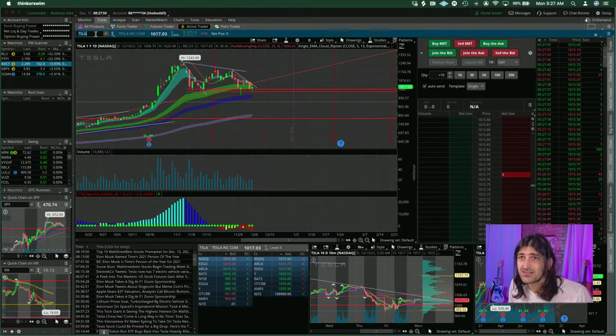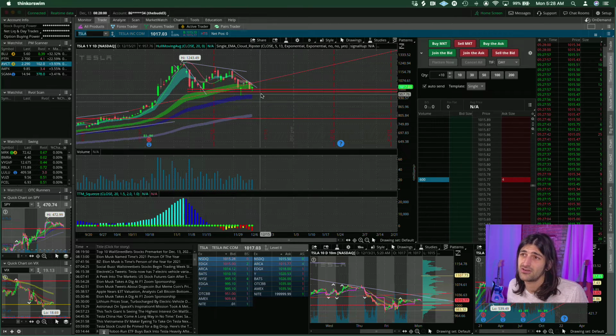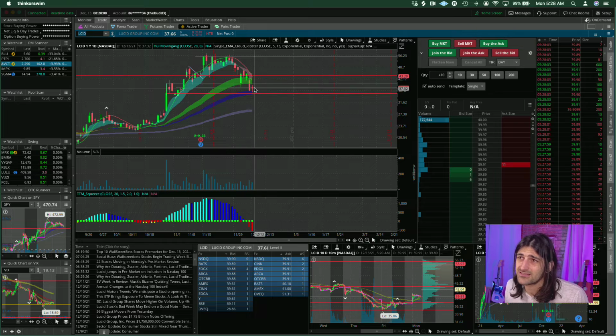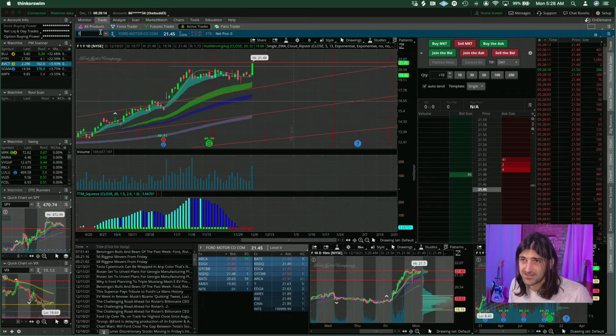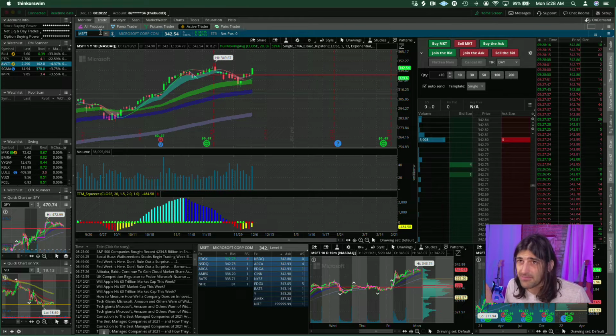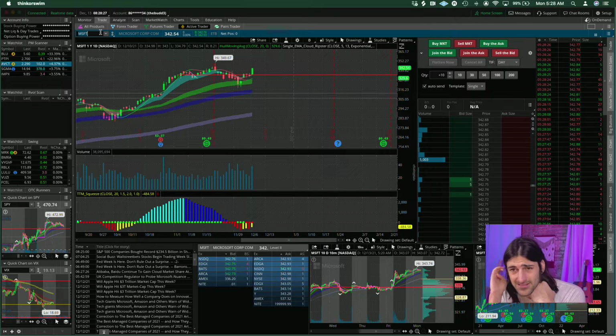Don't get me wrong, still a Tesla bull, but this is not a bullish chart right now. Maybe we chop around sideways for a bit. And then also we had Rivian that has been selling off. Lucid has been selling off. Honestly, Lucid puts into any spikes this week, looking at that. But it just seems like that rotation into those safer plays, the Fords, the Apples, how's Microsoft doing right now, the Microsoft, and honestly that might be why the S&P is still kind of floating up,